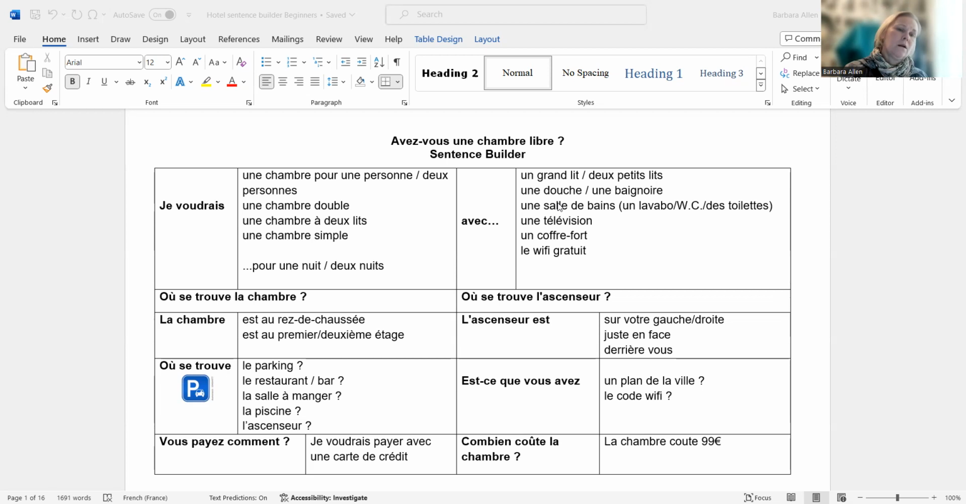So I would go through the sentence builder, checking that everybody understands the vocabulary, getting them to write them down. You can have this on a whiteboard, or what I tend to do is just print it off and get people to write all over it if that's what they want to do. Quite happy for them to ask questions. We go through the pronunciation